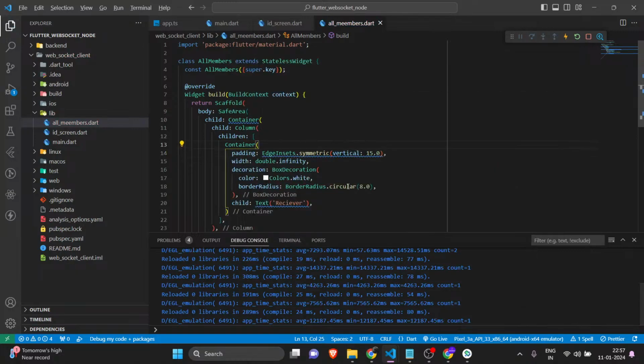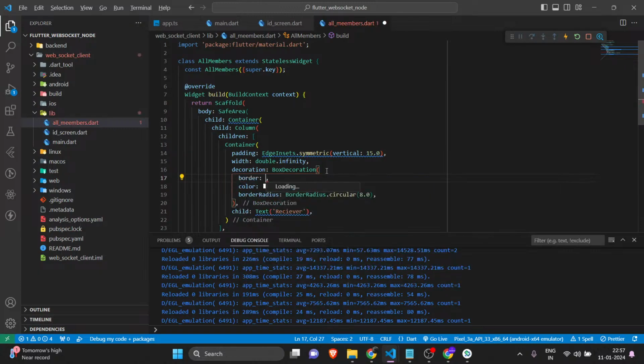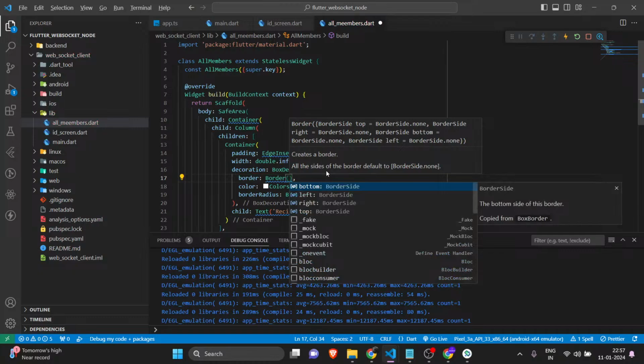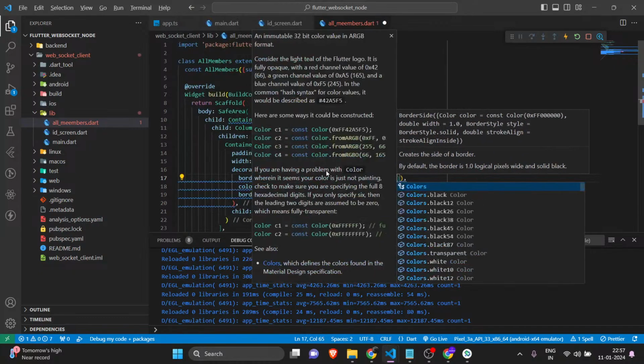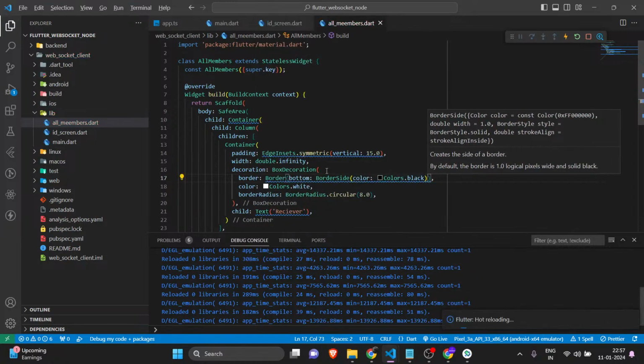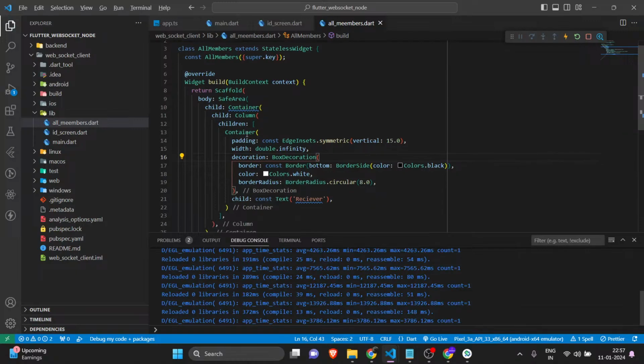Okay, great. The border will be only for the bottom side. Great. Just put const everywhere. Now